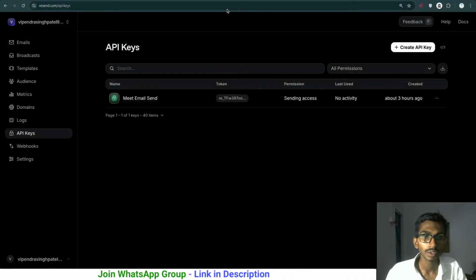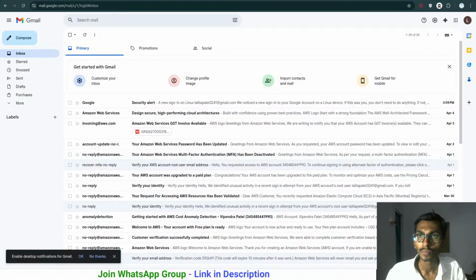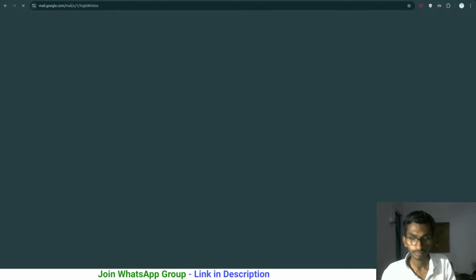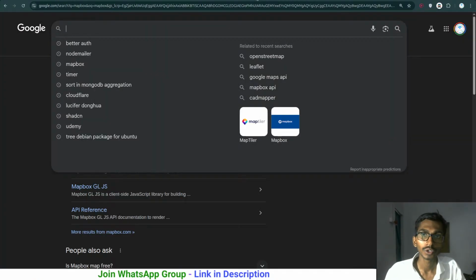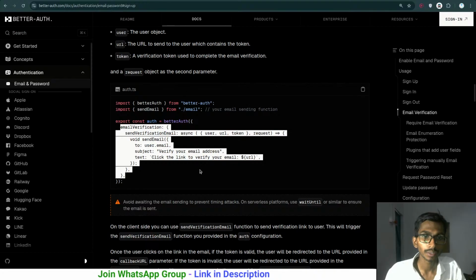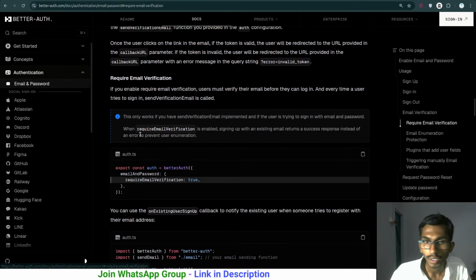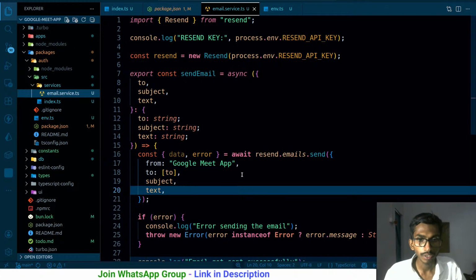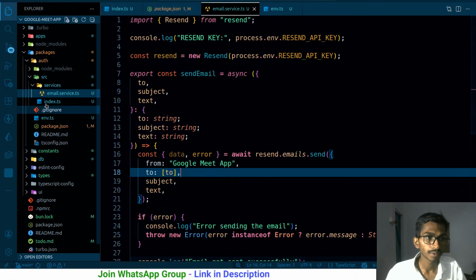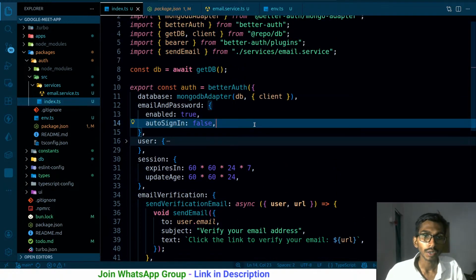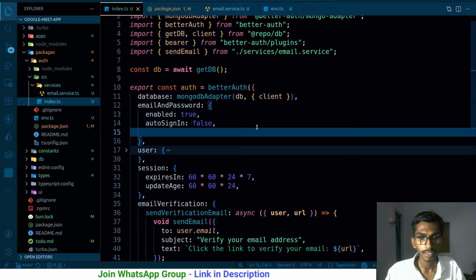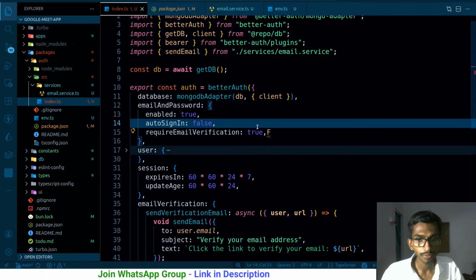Close this API. TurboDev map box, close this. NodeMailer, close this. Email and password. So ultimately, whenever you require email verification, this is done. Email verification, send email verification. Gonna be sending it like this. Require. So what am I supposed to be doing? Inside this, I need to set this require email verification. So inside index.ts, auto signing, that is false, and it needs to be here require email verification, so that it